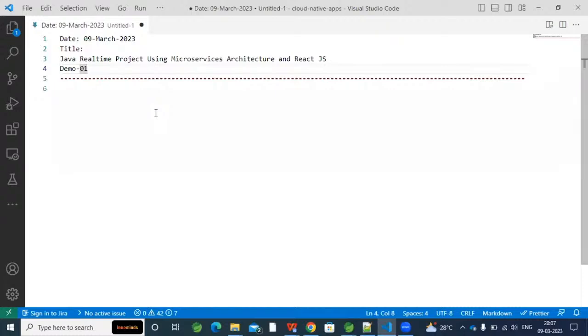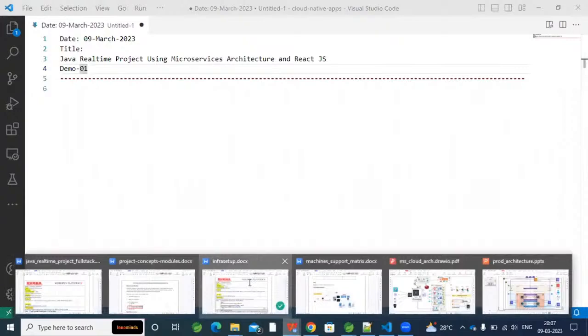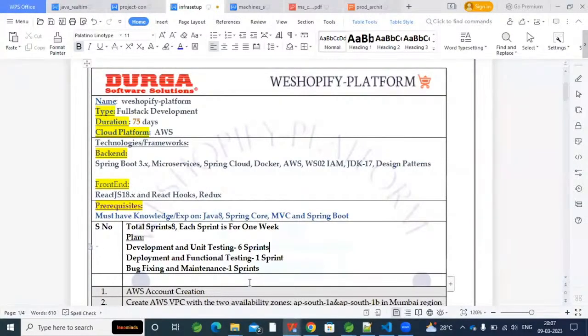and React.js. First, let me give you a glance through the program, how we have defined it and what this program is meant for, meaning what kind of domain it is. Let us discuss the domain. Let us discuss the project concept, and let us study the existing system, and then go for the new system design. And also, as part of the study of the existing system, let's understand the